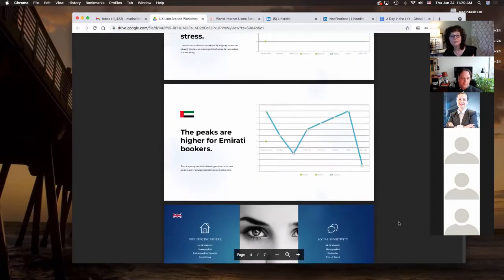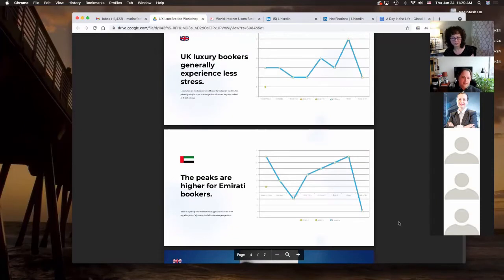bit, you can see that they have, whereas in British customers, at each step, there's a little transition, then there's a peak, and the peak is when they actually book the trip. So success, yes, I'm going on holidays, and then they go back down. For Emirati bookers, it was quite different because we saw that it was much more of an uphill battle in terms of booking their trip, and then it was quite the drop after that.